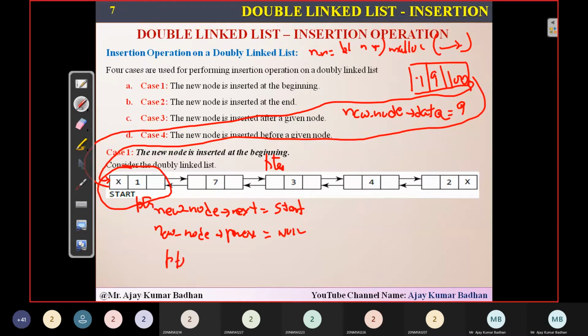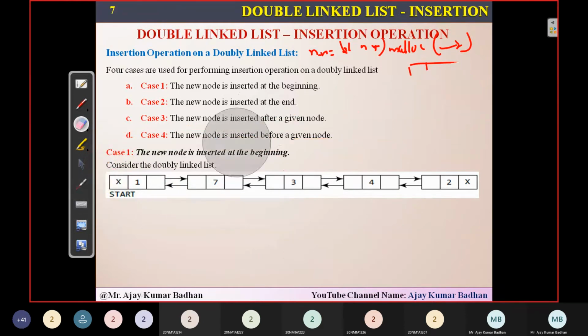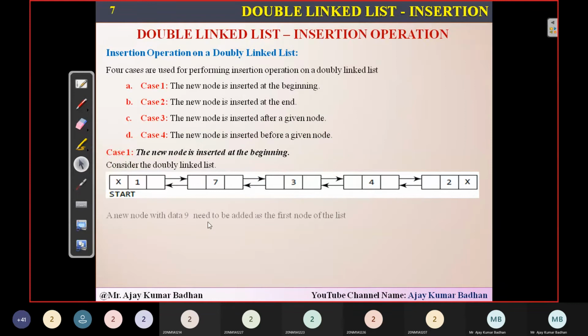So here pointer previous, I mean this node, equal to what is the address here? Suppose this address is 50 and it is present in new node. So pointer previous equal to new node. I will explain it with the program so that you can understand. So here you will be getting something called 50. So directly a connection has been established. So this is the way how you people can exactly perform the operation. See here.